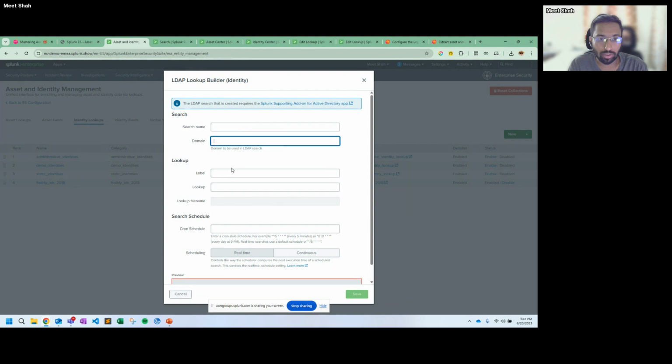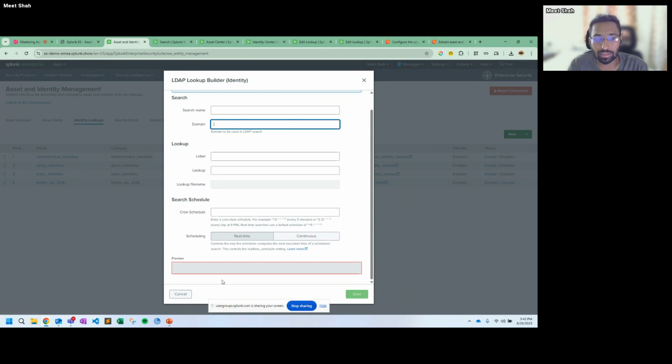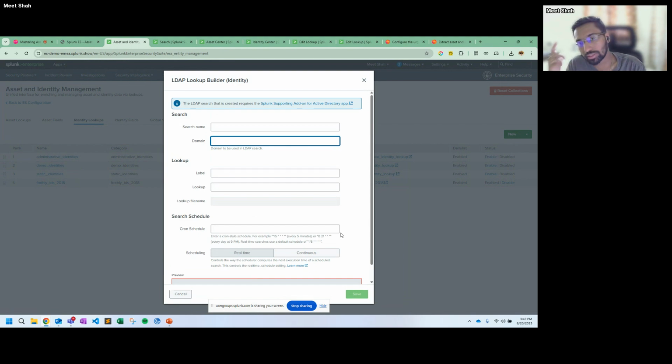You provide your domain information, which you have configured in the Splunk add-on for Active Directory, and it will automatically populate a search for you. All you have to do is hit save. So as soon as your LDAP directory is updated, let's say there are 10 users created in the LDAP, this lookup will also get